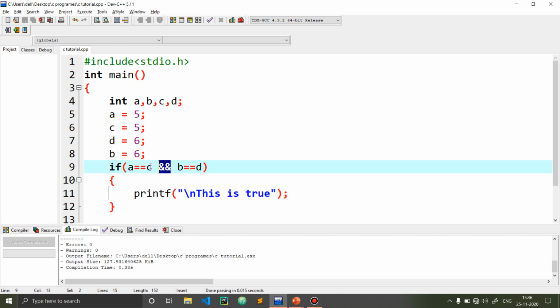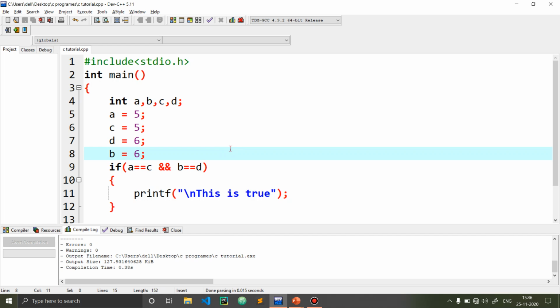This means A equals C, that means A and C have the equal value, also B and D have equal value. And if any of the two statements, that is A equals C and B equals D, gives us false, then the condition will not be satisfied.